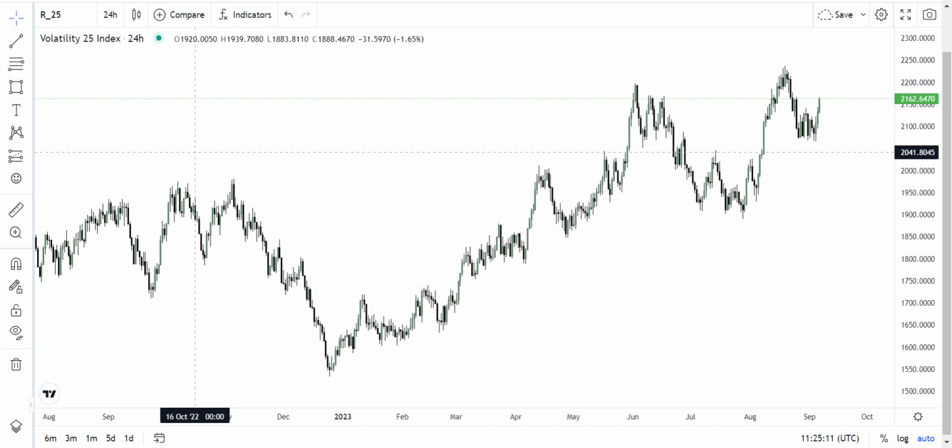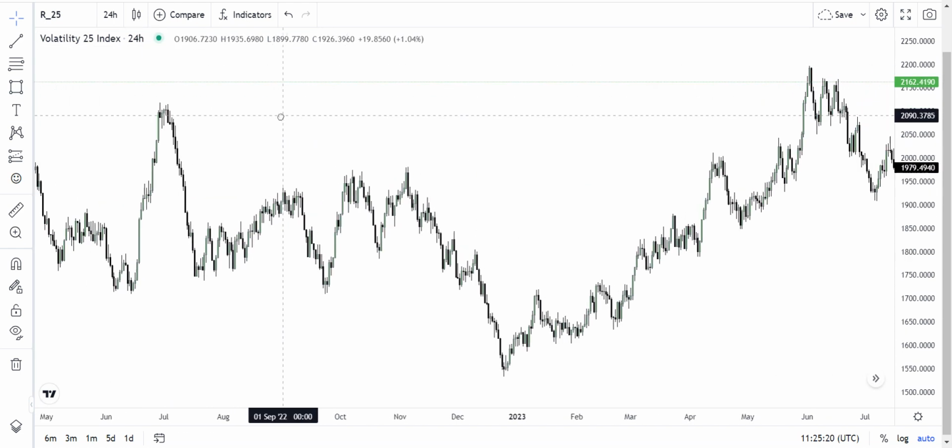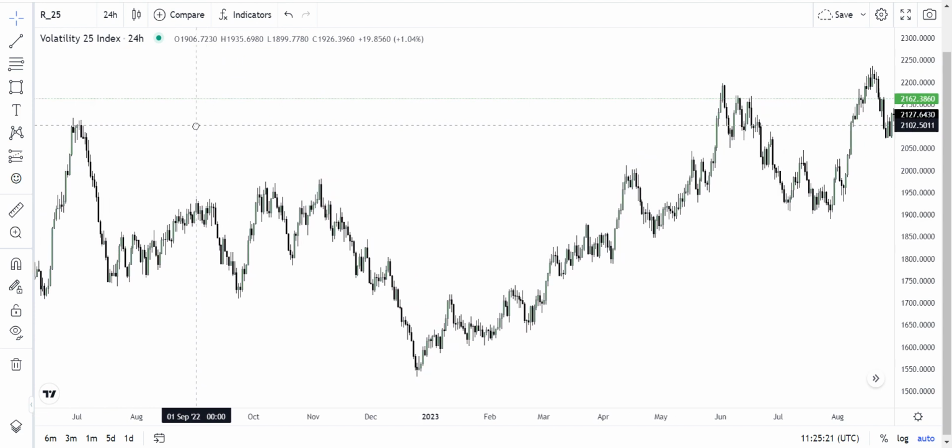All right, we're looking at the volatility 25 index today. We want to know the story of this very market. Okay, so looking at the chart, we're on our daily time frame. I want us to look at